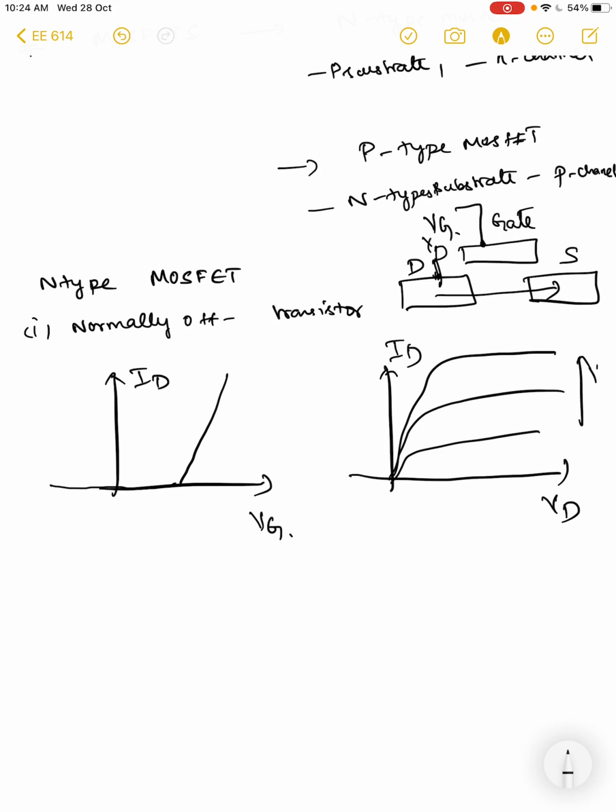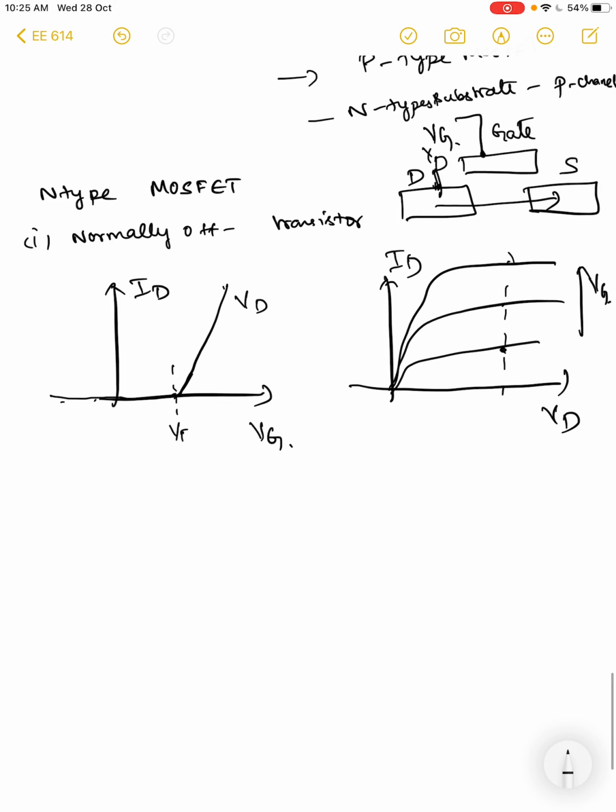These are for increasing gate bias. So at the same drain potential, if I increase the gate bias, I see an increase in the drain current, whereas here for the same drain potential, you have very low currents for some gate potentials, and then it starts to increase exponentially beyond a particular point, which is called the threshold voltage, or this is the potential at which we invert the channel, as we saw before. The second type of transistor is called a normally on transistor,